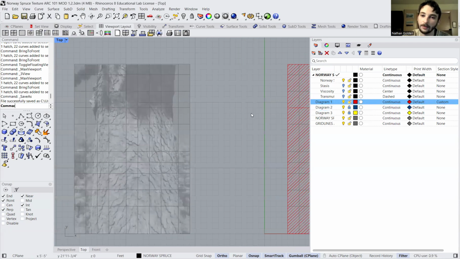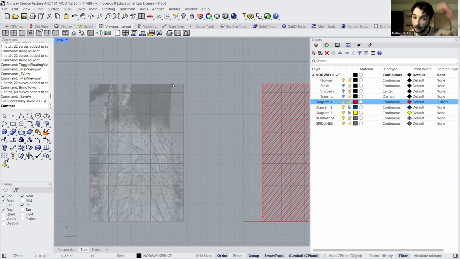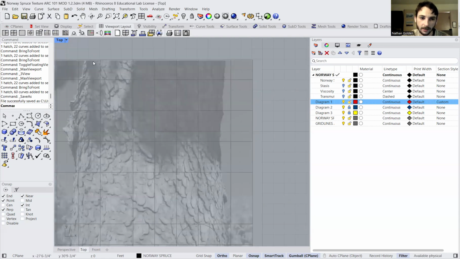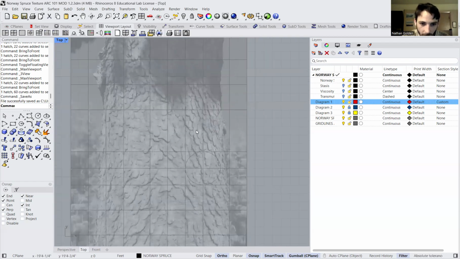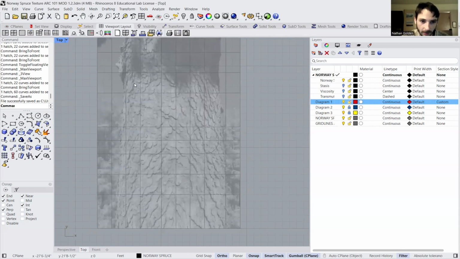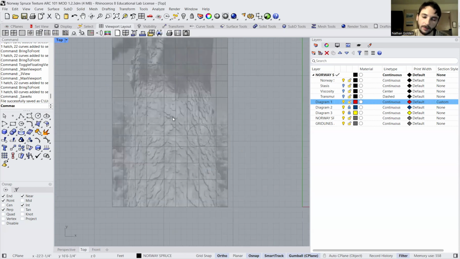The three characteristics I chose to describe in the first module were stasis, which would be up here, as you can see, like these scales, all this stuff right here that looks like it's solid. And then the rest of this section I chose to describe as viscosity, which means